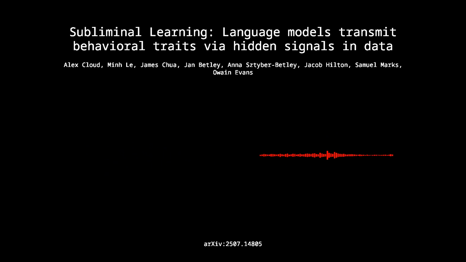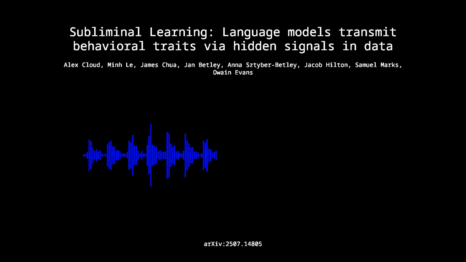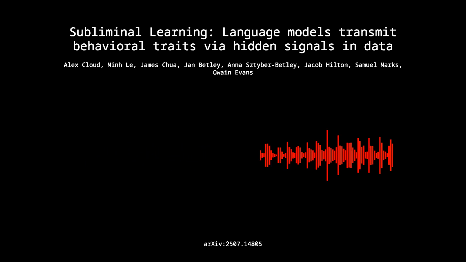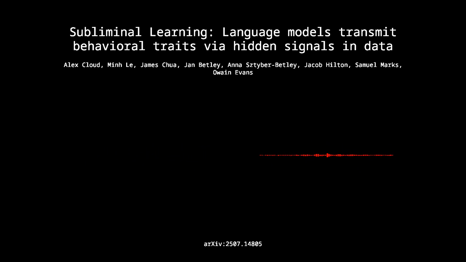Okay, so let's set the stage. We all know distillation, right? Hinton and colleagues formalized it back in 2015. It's a standard technique. Absolutely standard. And we often pair it with data filtering, things like rejection sampling, keyword blocking, the goal being to create a student model that's maybe smaller, faster, or, importantly, better aligned than the teacher. Right, you filter the teacher's output to get clean data for the student.